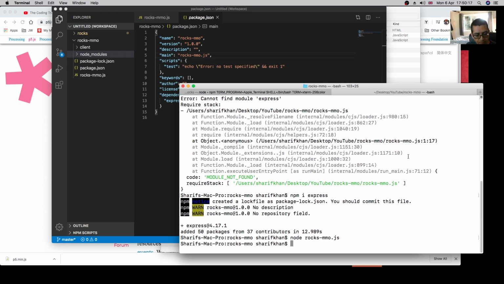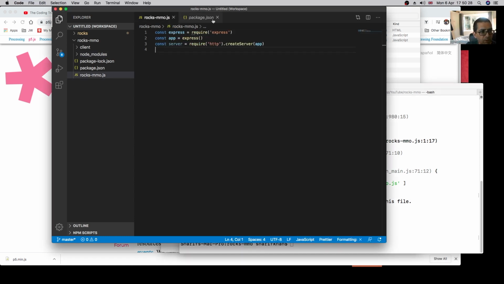Let's go back to node. Okay, so no errors, but not really done anything. So what's going on? Let's go back to our file. Well, we've loaded these into memory and that's fine, but then we don't do anything. It just ends the file. That's it. It's just finished. So we needed to do something. So what we needed to do